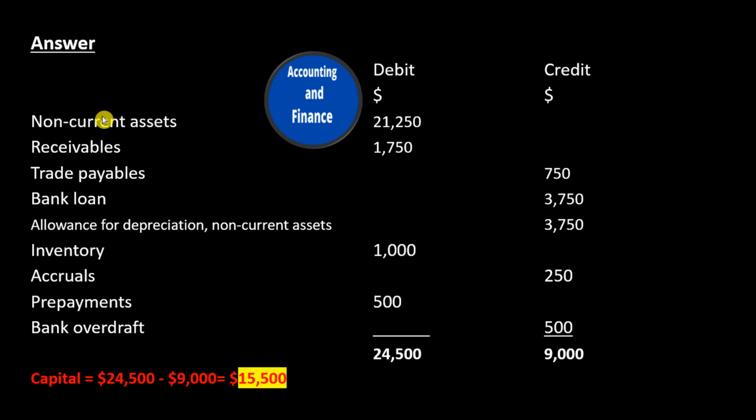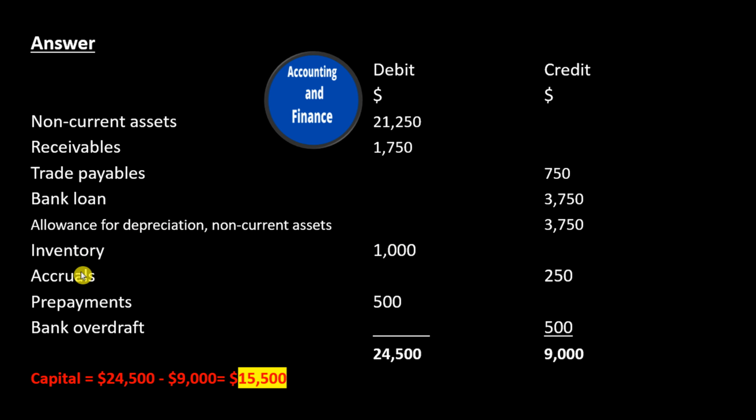Answer. Non-current assets, debit, $21,250. Receivables, debit, $1,750. Trade payables, credit, $750. Bank loan, credit, $3,750. Allowance for depreciation, non-current assets,